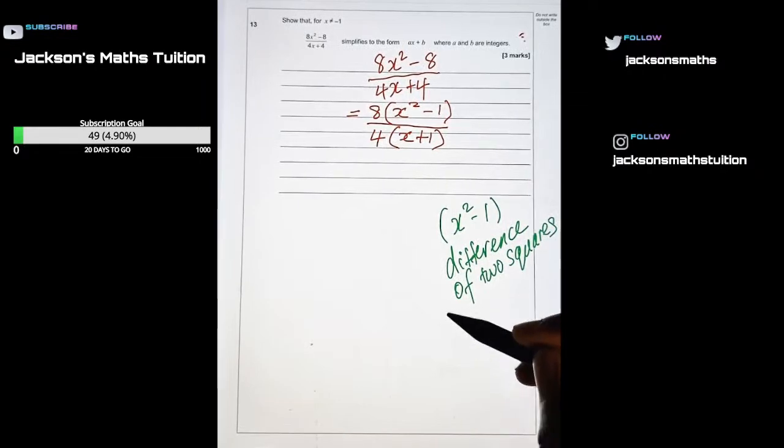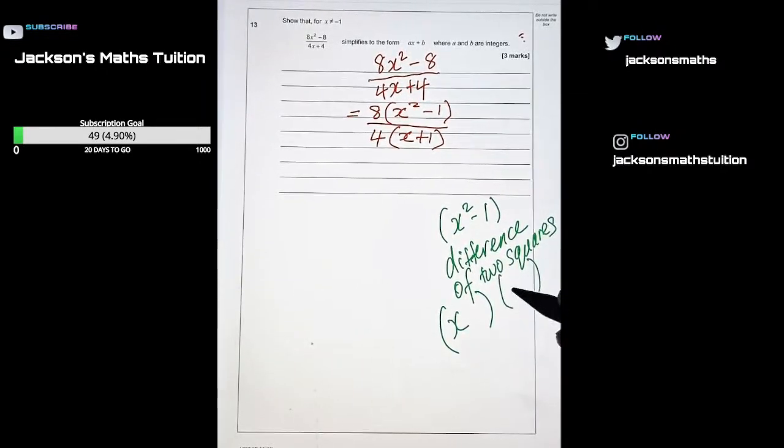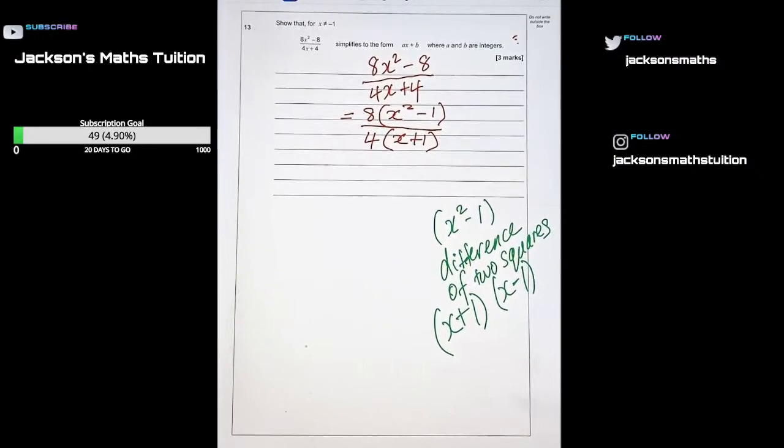So to factor that out, you need two brackets. You're going to need x in both. You're going to need a plus in one and a minus in the other. And we know that the square root of 1 is still 1. So that's x plus 1, x minus 1 when you factorize that out. Okay, x plus 1, x minus 1 when you factorize the bracket at the top because it's a difference of two